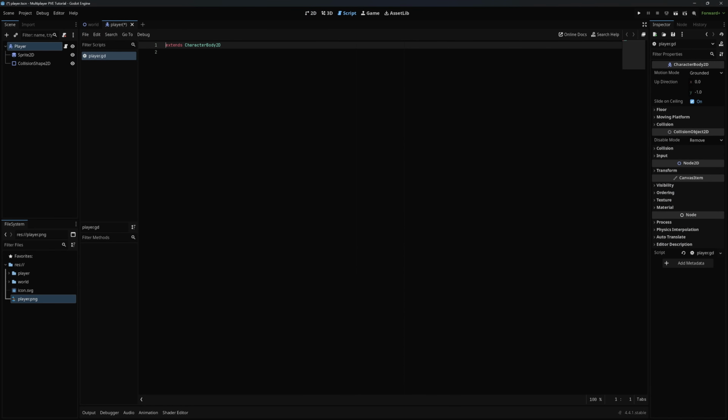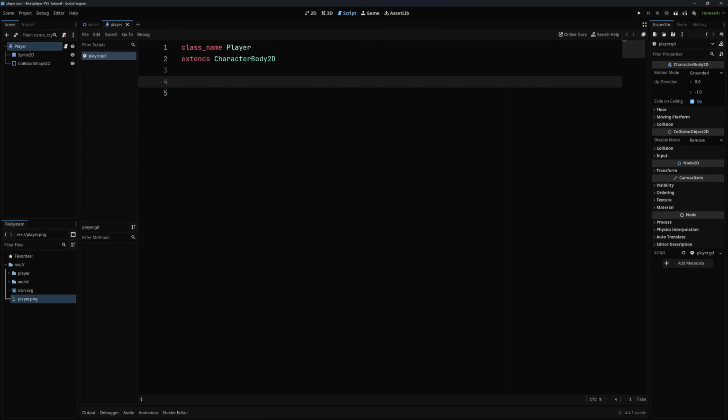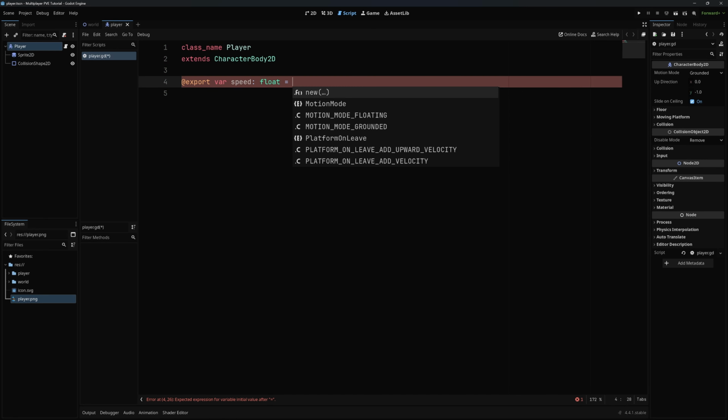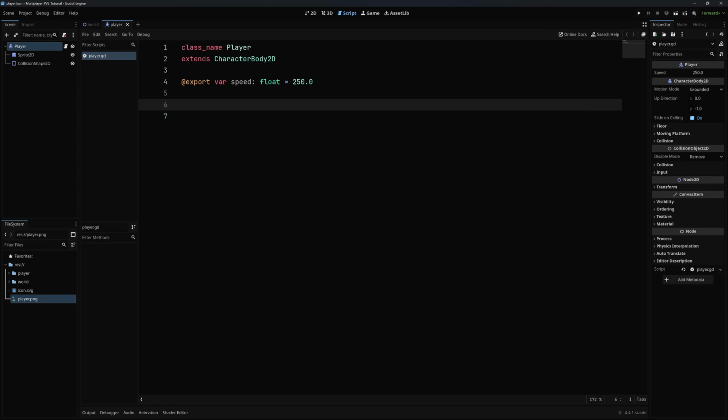Now, as always, I like to have a class name for this. So class_name Player. So for now, I'm just going to add some basic top-down movement. So we are going to make an exported variable called speed. This will be a float. And we will set this to, for now, 250 should work fine. Then in our physics process,